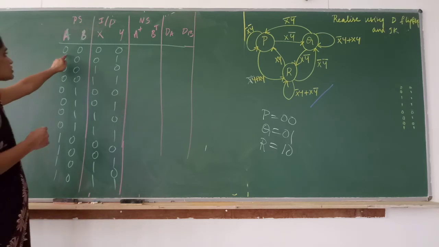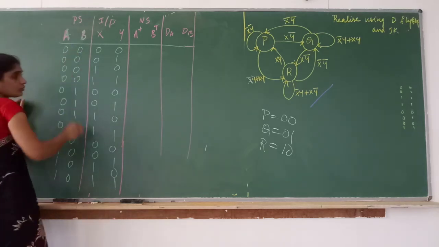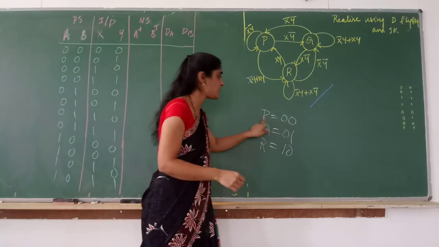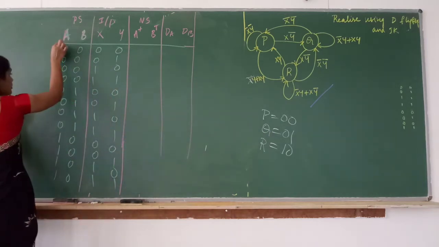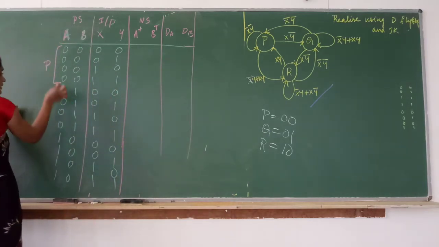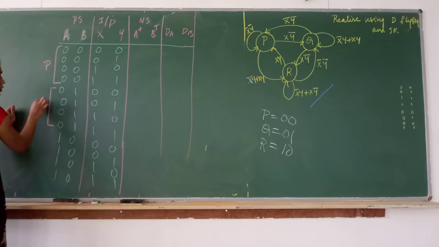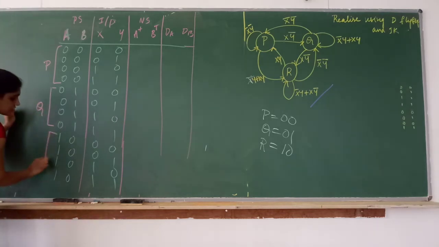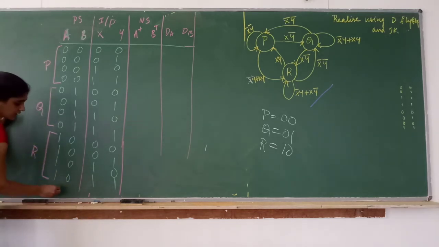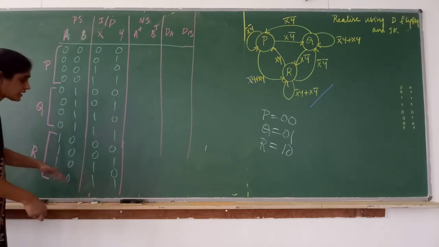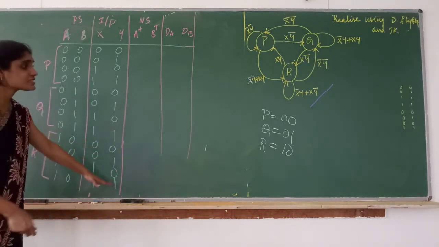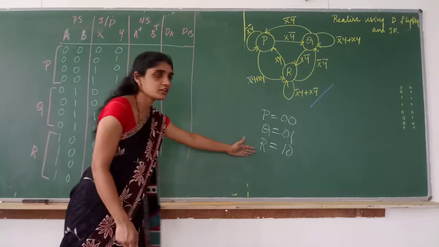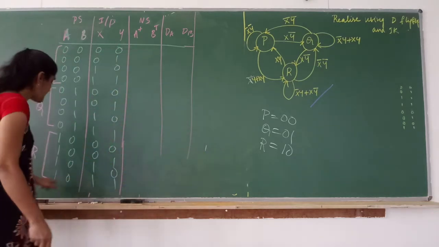excitation table. So now present state is what? 0, 0. 0, 0 is nothing but what? P. So these 4 are P. 0, 1 is what? Q. Present state is Q. 1, 0 is what? Present state is R. See, you can continue 1, 0, 1, 1. Next 1, 1, 0, 1 you can continue. For another 4 we get don't care because that state itself is not here. When you write the K-map, you get it as don't care.